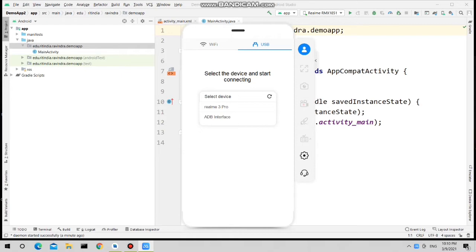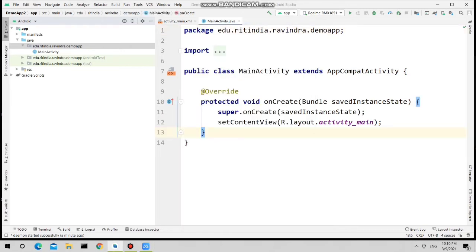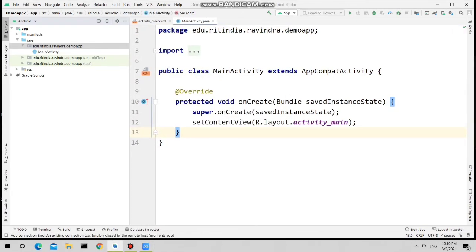So if there is a conflict, if the same package is available with the same application, then your application will be rejected. That's why you should give a unique package name for your Android application. So that's why there is a need to change the package name after creating your project. So see, the application is created successfully.